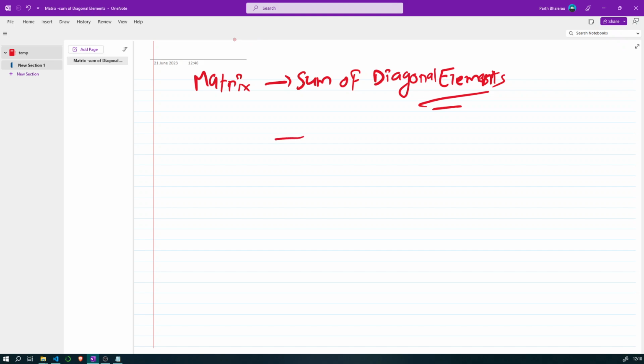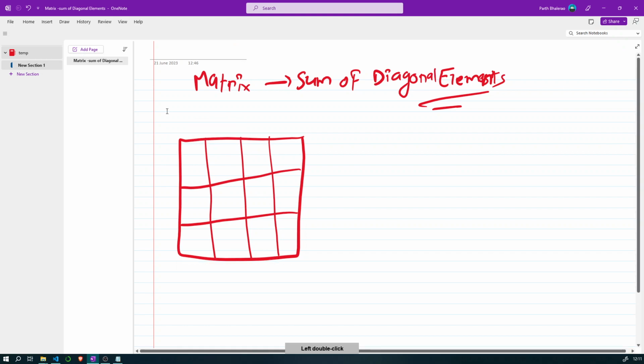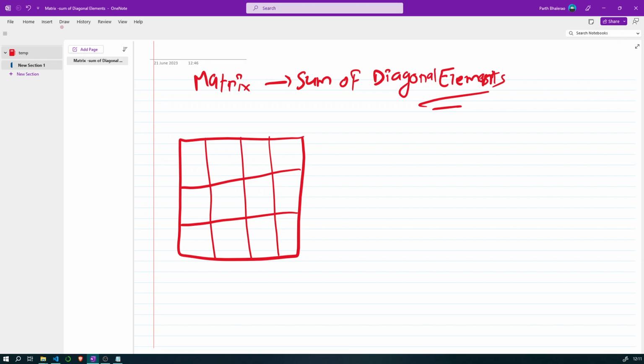Okay. So let's assume we have a matrix. Oh, it should not be like this. One minute. Let me just draw it again.